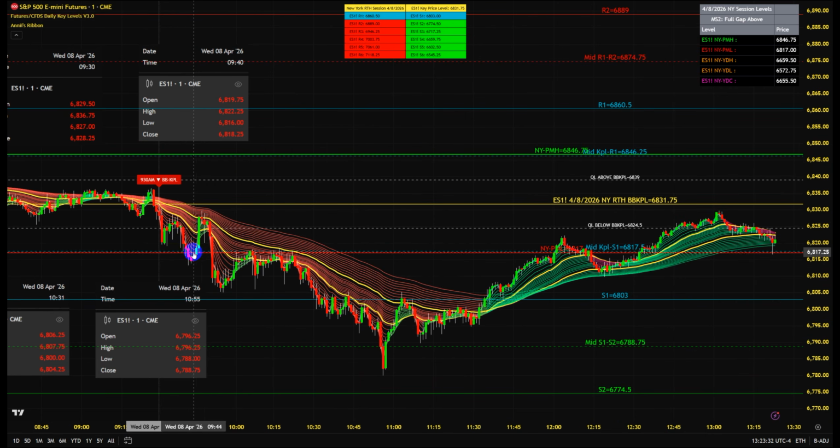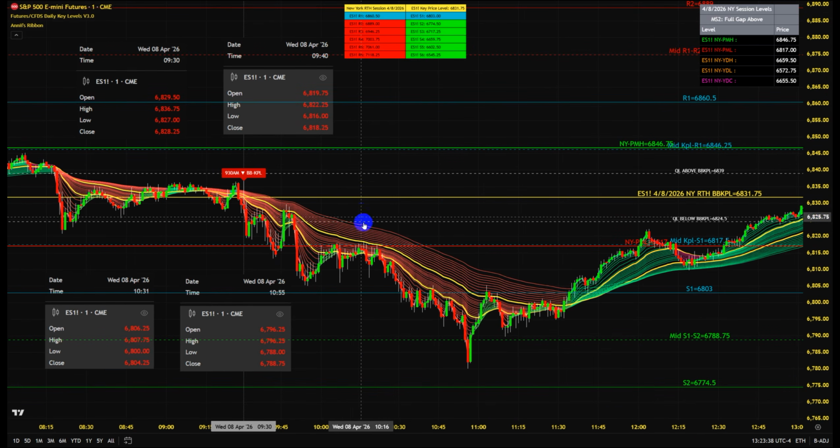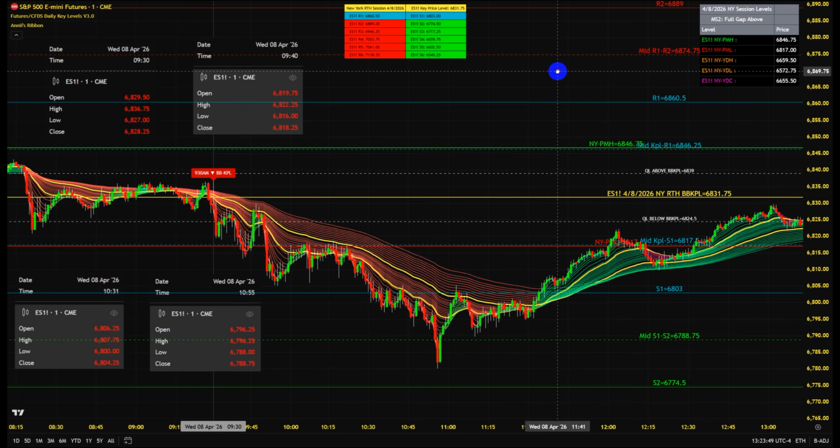That's going to happen here on this candle here at 9:40. The PML level again is 68.17. So 68.25 down to 68.17 is going to be